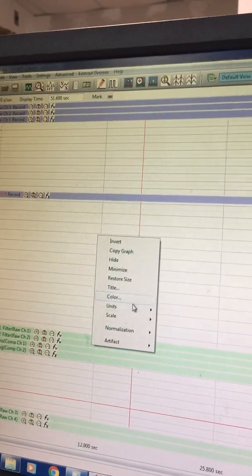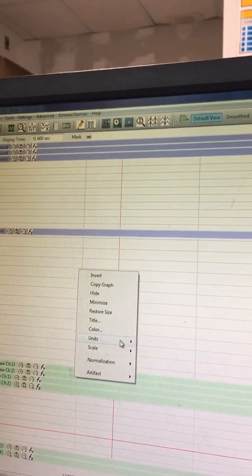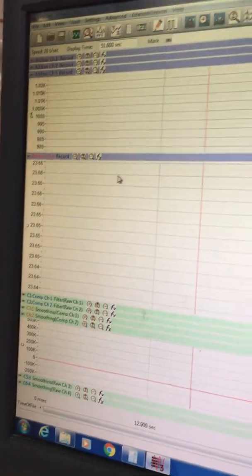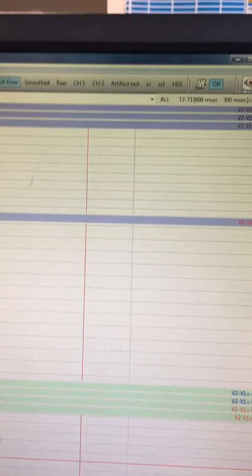So if you click on the units again, onto the units again, if I go to simple, you might see this change. So nothing to be worried about. So this is click OK. Now I have the sensor in 1x PBS buffer, which is room temperature, and I go to preview and I